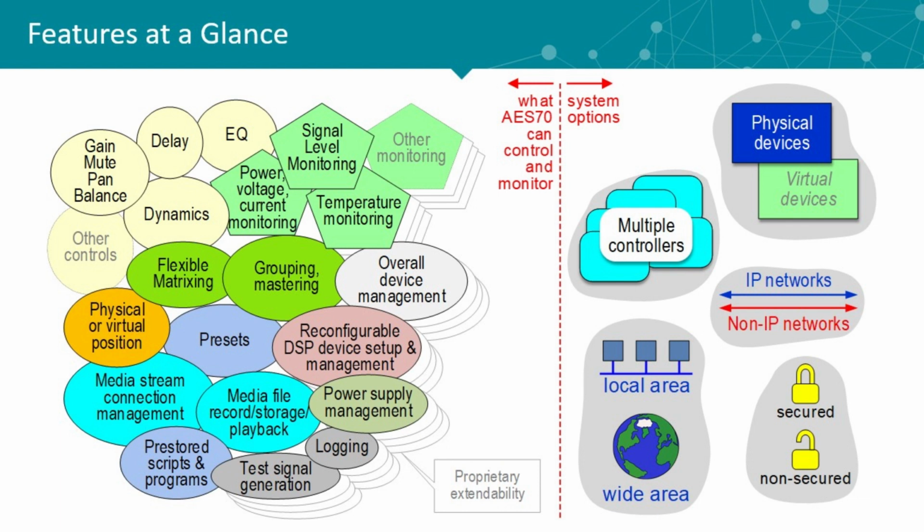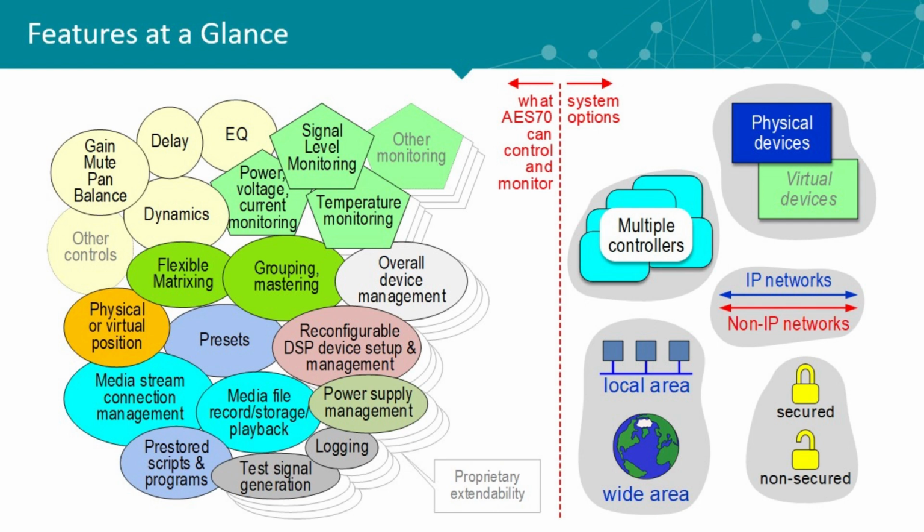And then there's this little box down at the bottom, proprietary extendability. There's a defined way of extending AES70 to suit your own purposes if you have something special. It works on all kinds of networks, because it's network agile. The current basic definition is for IP networks, but there are some other definitions for other kinds of networks. You can run AES70 over a USB connection if you want to. You have to do a little bit of original work, but you can. Nothing in the architecture prevents it.